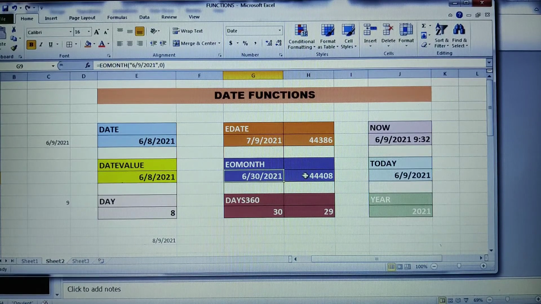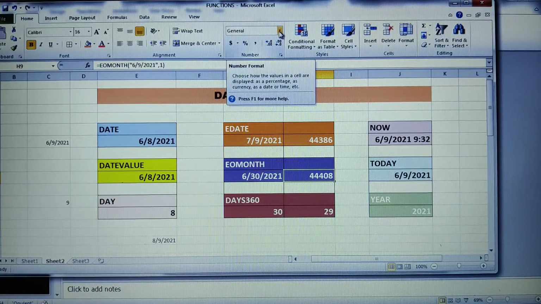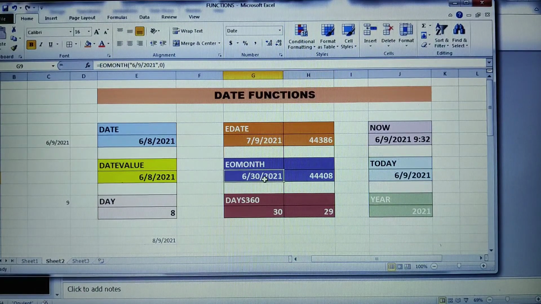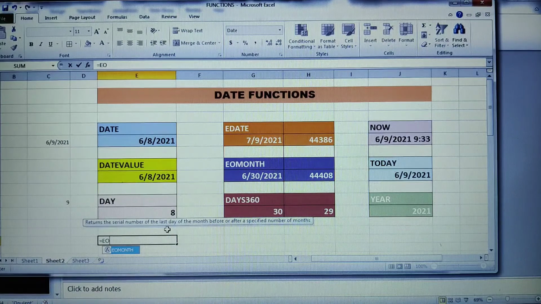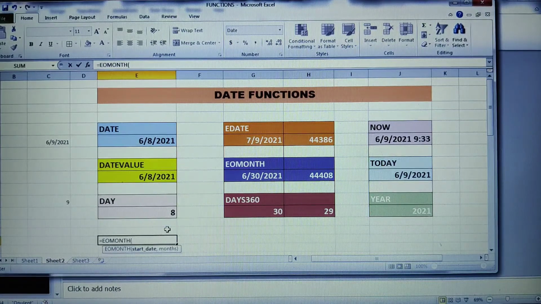This also gives me only the serial number, but I don't know what the serial number is, so I just changed it to the short form. Now this is one of the examples. Here I'll be showing you EOMONTH, end of the month, how it works. I need to place first equals to EOMONTH.